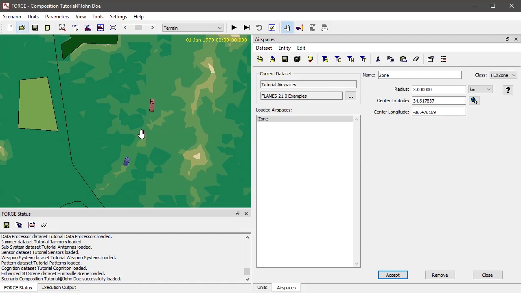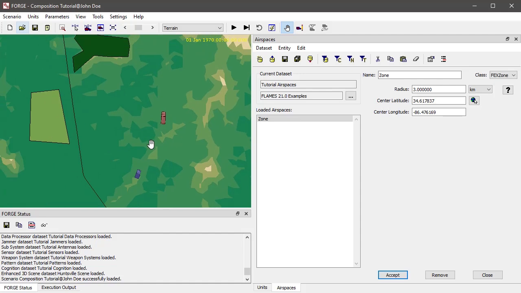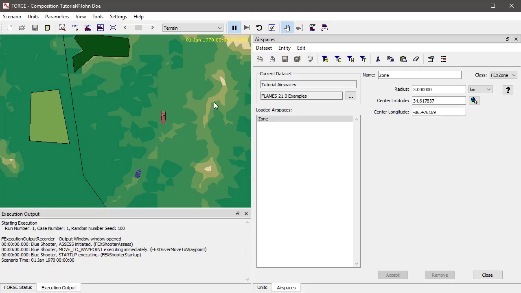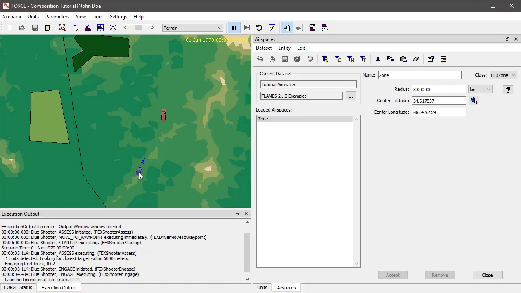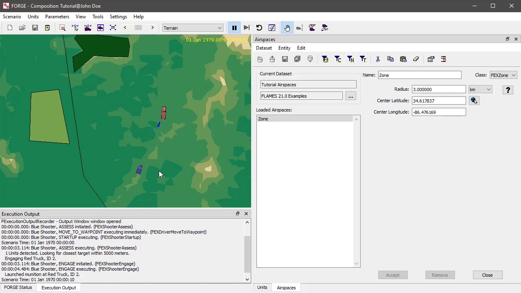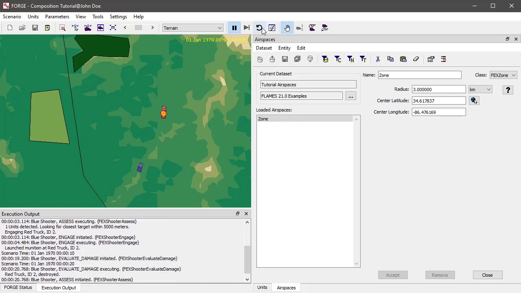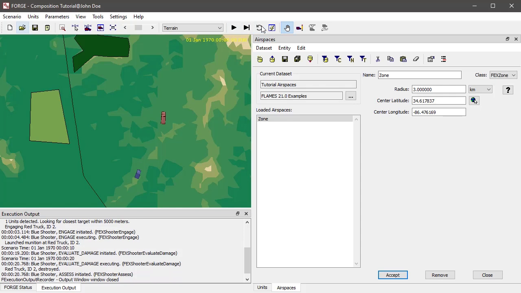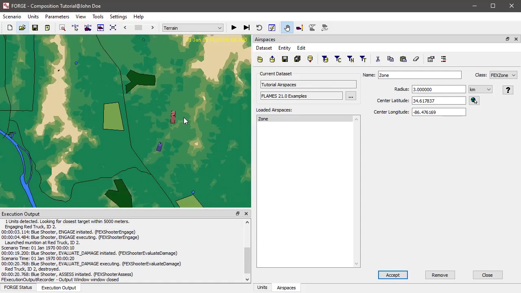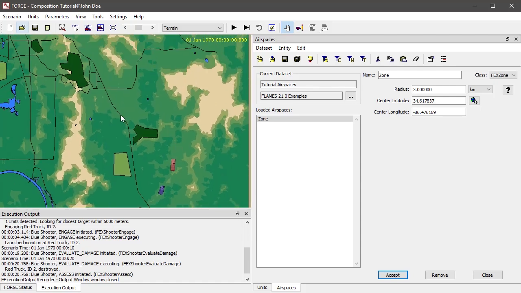So I'm at the scenario that I had at the end of the previous video, where we defined a weapon system and munition model. And this scenario is defined such that, again, this shooter can engage the red truck. And as we already talked about, it's basing it on the range of the sensor detection capabilities and the range of the munition. So we have in this scenario already loaded this one zone,